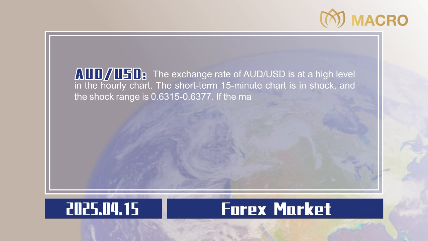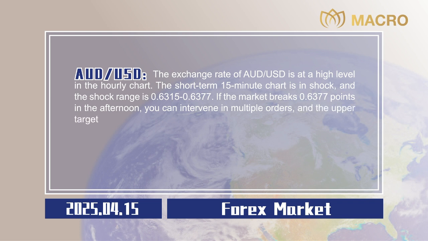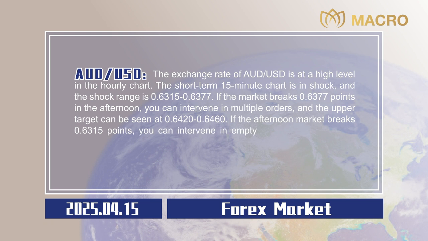0.6377. If the market breaks 0.6377 points in the afternoon, you can intervene in multiple orders, and the upper target can be seen at 0.6420 to 0.6460. If the afternoon market breaks 0.6315 points, you can intervene in empty orders, and the target below can be 0.6270 to 0.6220. Stop losses are all 20 points,